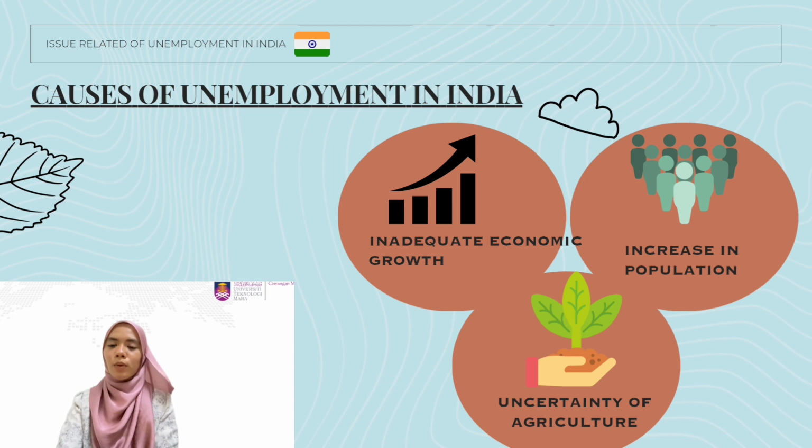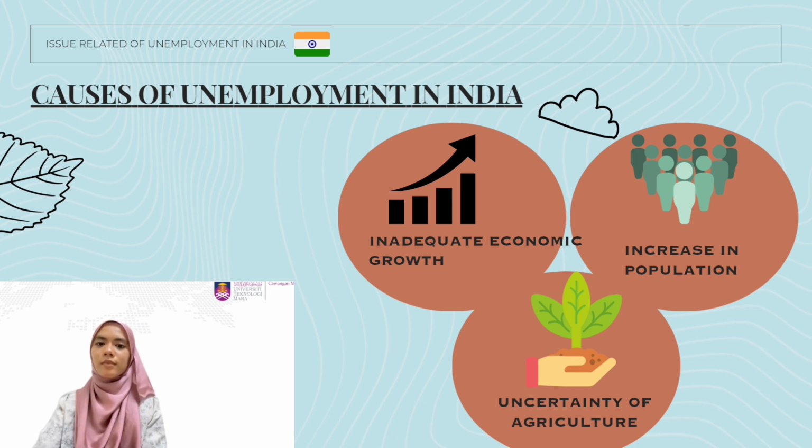Secondly, increase in population. Population increase has been considerable over the half century. The country's overall population is made up of more than 1.3 billion people, second only to that of China. Moreover, India's population is predicted to exceed China's by the year 2024. Furthermore, it will probably be the most populous country for the entirety of the 21st century. As the country's economic growth cannot keep up with population growth, this will lead to a larger share of the society being unemployed.